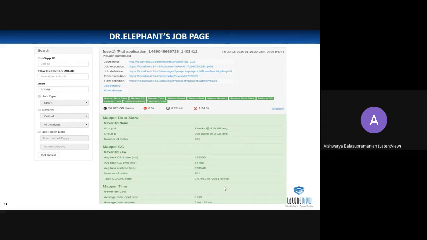You can see the colors of each of these heuristics which is already defined, and job type is Spark. It can also be a MAPREDUCE thing or a Pig thing. So and how severity, so is it critical or it is not critical. One of the severity stages can also be defined. So all these things is integrated in one place.